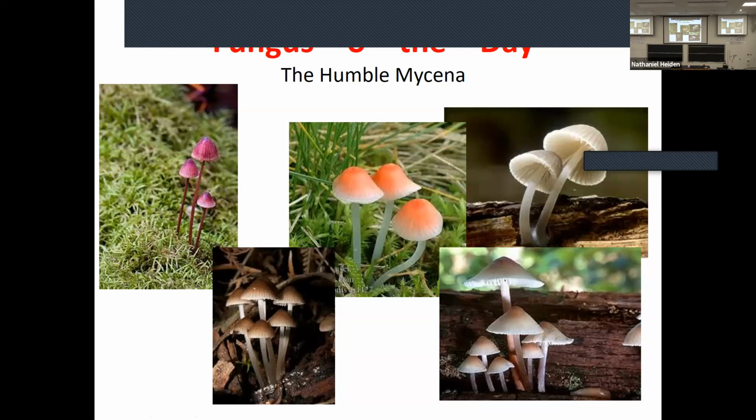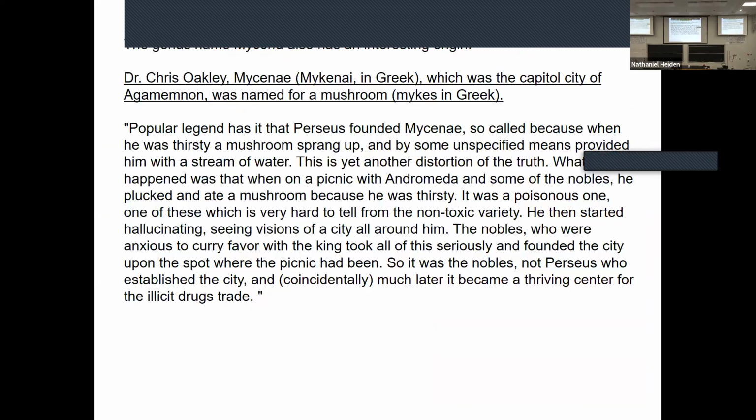But they have an interesting history of where the name mycena came from. So you can go to the next slide and, rather than turning my head, I'll read it from up here. The name comes from an interesting origin. It basically comes from Greek mythology. A popular legend has it that Perseus founded Mycena. It was called that because he was thirsty and a mushroom sprang up, and he provided him with a stream of water. So what they did is he drank, and the nobles,